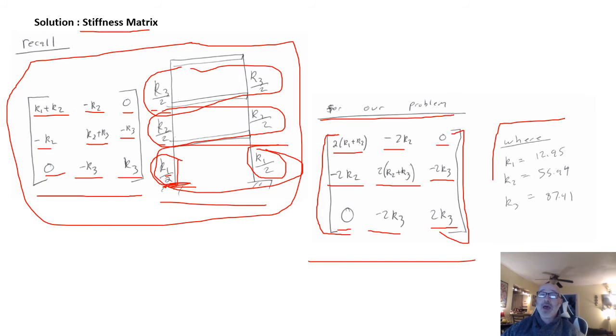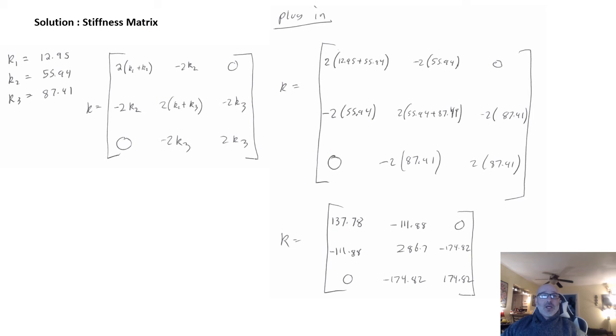And we now have our values for K1, K2, and K3 that we can plug directly in there. So we can see anywhere there's a K1, we can start plugging in there for our K1 values. Anywhere there's a K2, we can start plugging in for our K2 values. Everywhere those are, and everywhere there's a K3, we plug in there for that value there. So that's exactly what we're going to do here in this slide there. Take those values, plug them in where they belong within this stiffness matrix, our K matrix here, plug in all